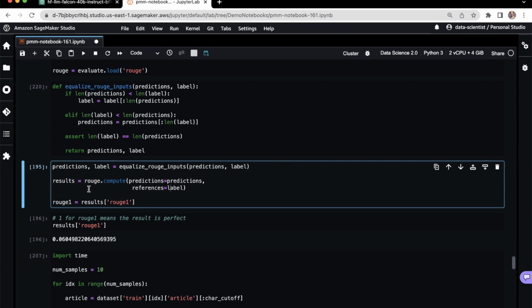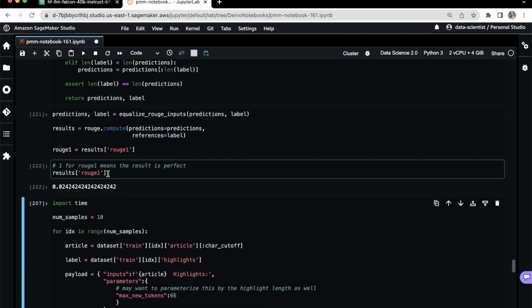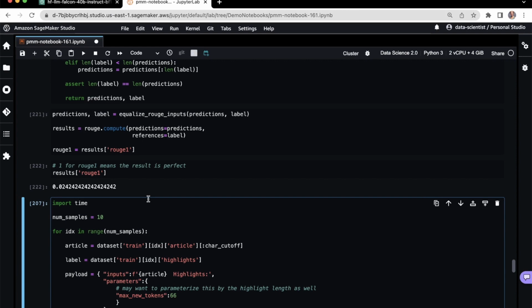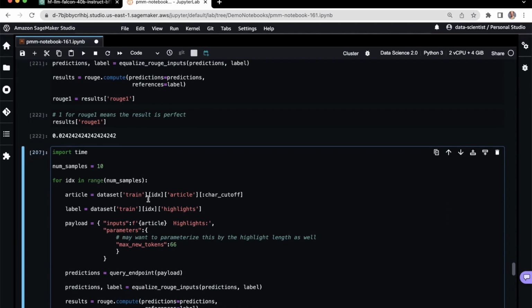This gives you about 4 or 5 different metrics, and we'll pull out this Rouge 1 to see them equalized there and see what we get. So this is again equalized to 1, so that's about a 2% Rouge. Rouge is a tough metric to optimize for because again it's really focused on the strings being exactly the same, when we know in real life that summaries can carry the same meaning but be phrased differently. So there's a bit of a challenge with the metric there, but nonetheless, let's proceed.